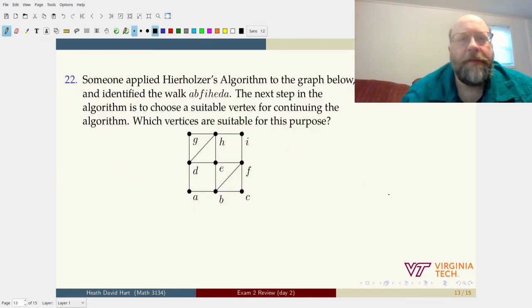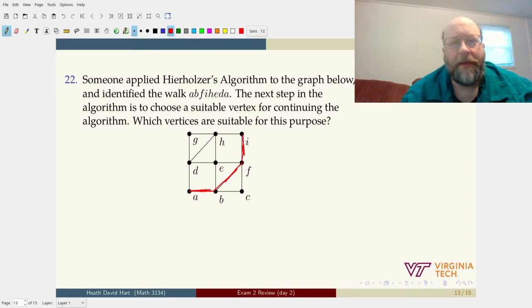All right. Somebody applied Hierholzer's algorithm to this graph and identified the walk. That was stupid. A to B to F to I to H to E to D and then back to